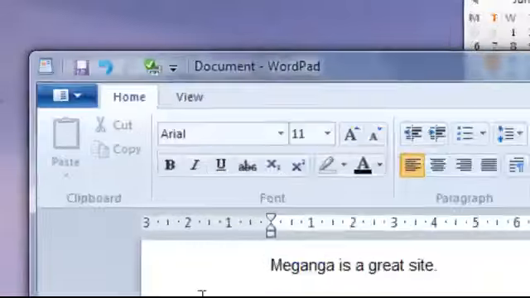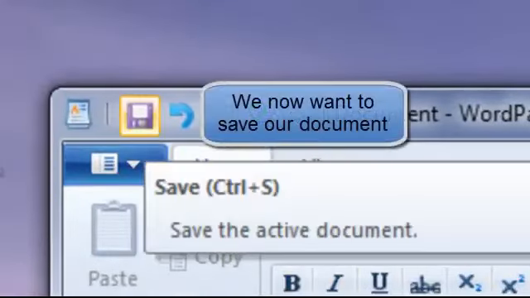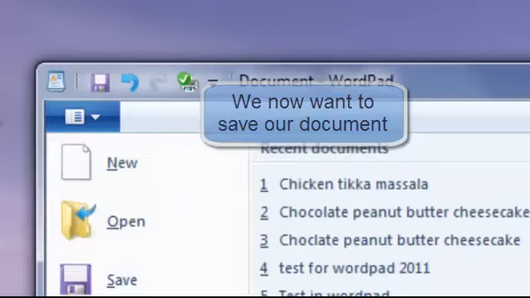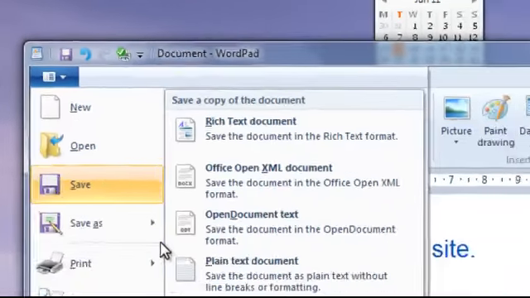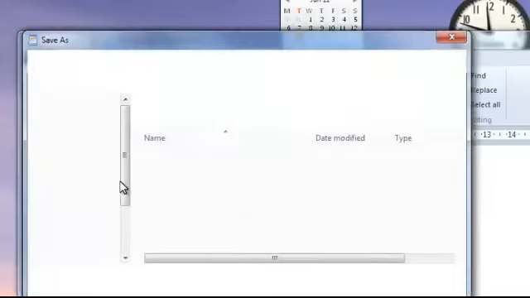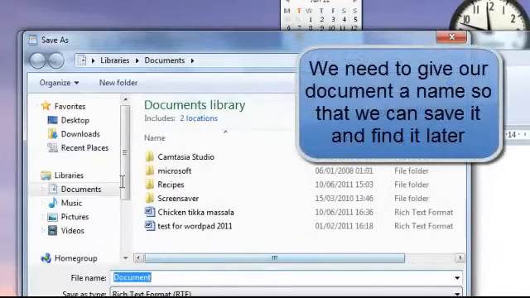And now I'm going to save it, and there is a save icon up there, or we can use the WordPad button again, save. A box appears for saving our file, and all we do is we change it at the bottom to